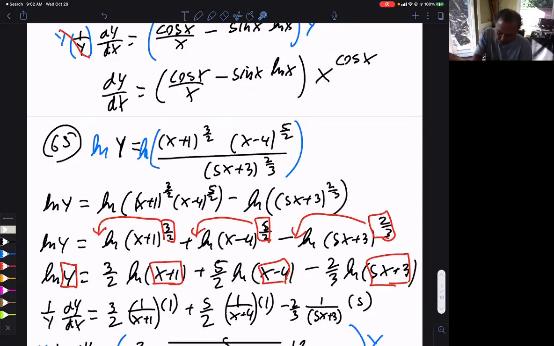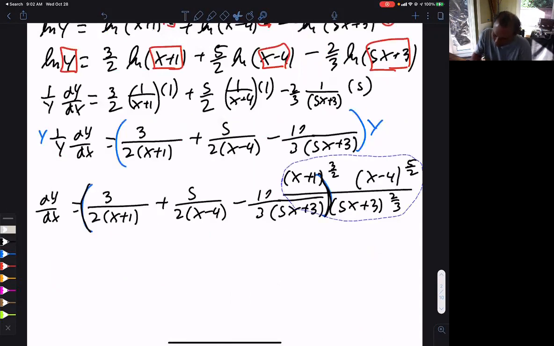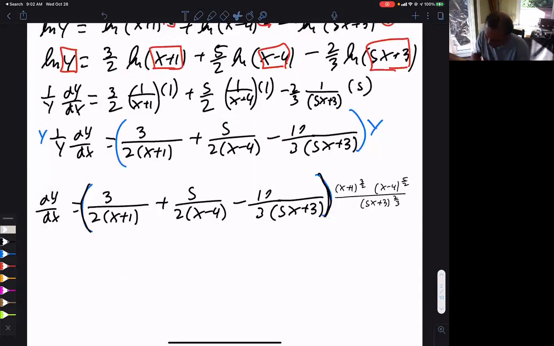So you need to take your original y and put it at the end here. Oh no, I'm going to shrink it down. Look at that. Oh. The magic of